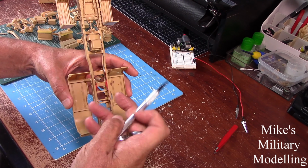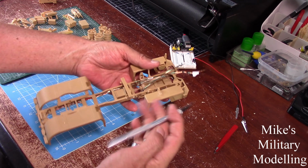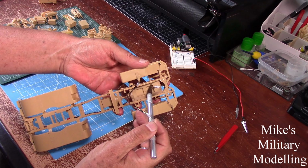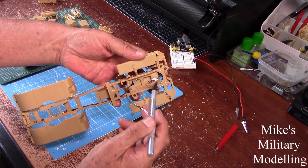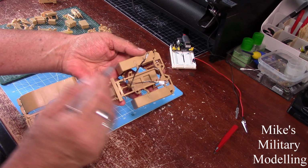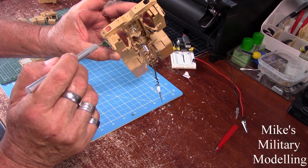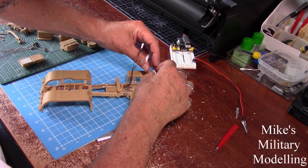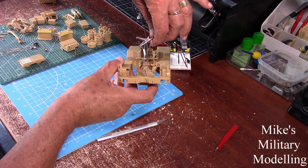The wires have then been reduced down from 8 to 4, and what will happen is there will be a PCB here, printed circuit board here, and all the wires will come together from the headlights, the rear lights, the indicators on the side, the indicators in the front here. I don't know if I can get one of those working for you. We'll have a look. Yeah, so you can see one of those,